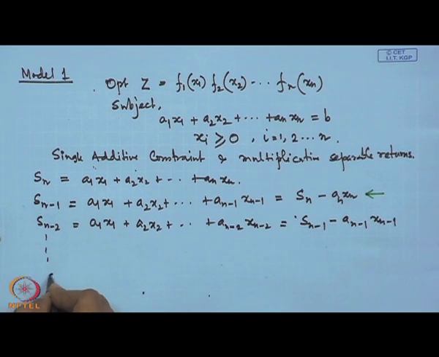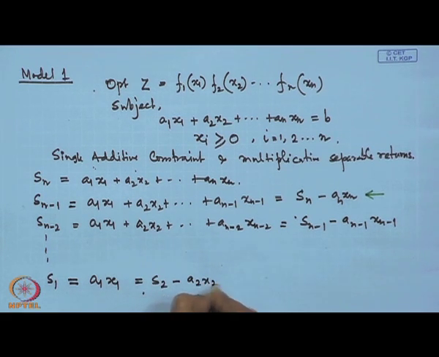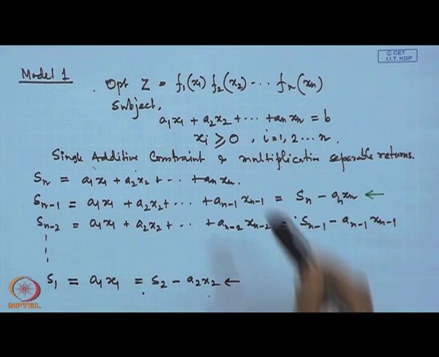Similarly, if I proceed further, we will get S1 is equal to a1 x1, and this is certainly dependent on the previous state, that is S2 minus a2 x2, and this is the state transformation equation. If we consider the state variables like this, and if we consider there are n stages, now we will look at the